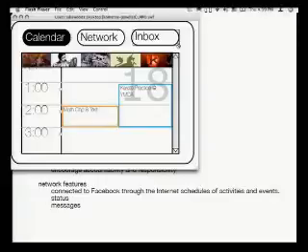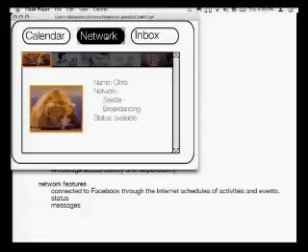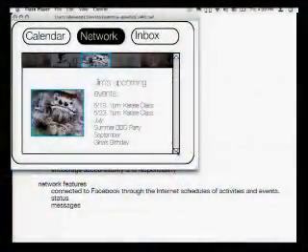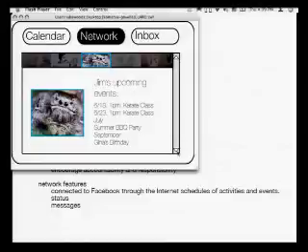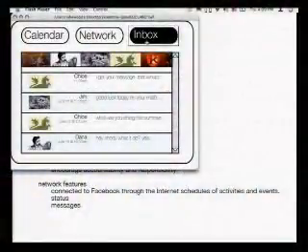So for the network, you'd be able to look at your friends' profiles and see what their current status is. You could update that on your computer on Facebook. And you can also see what your friends' schedules are at a glance to see what's going on and communicate with them, sort of form friendships and develop deep and meaningful relationships in a real space.